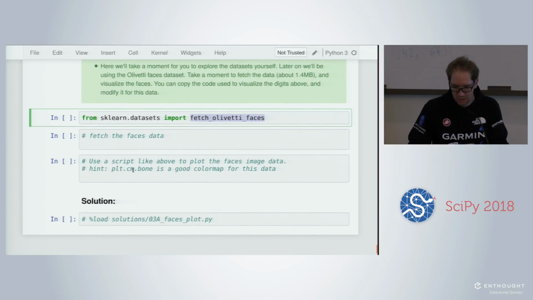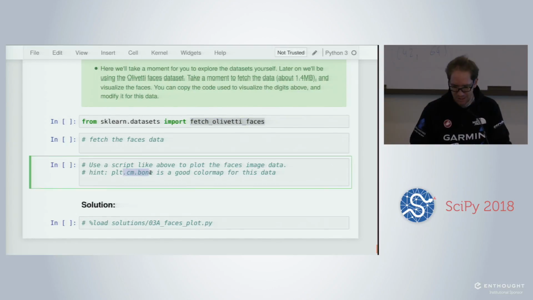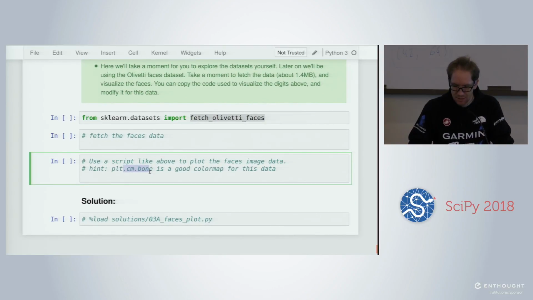So here is what I was explaining. That's the difference between the data and the images. One is the vectorized version, and the other one is actually the real images. So if I take the first sample here, if I slice over the first dimension, I will get an 8 by 8 matrix, which represents an image.